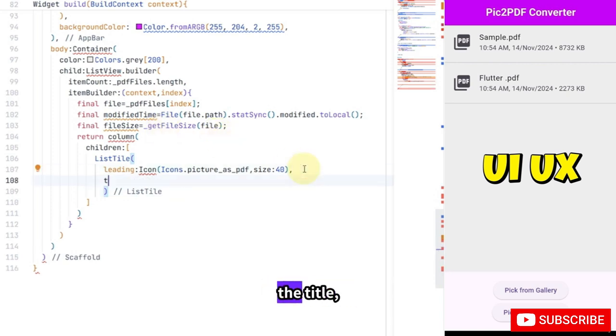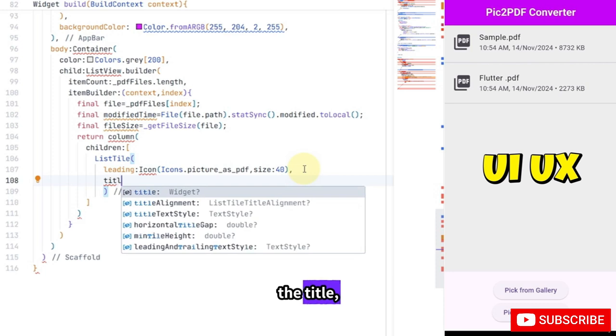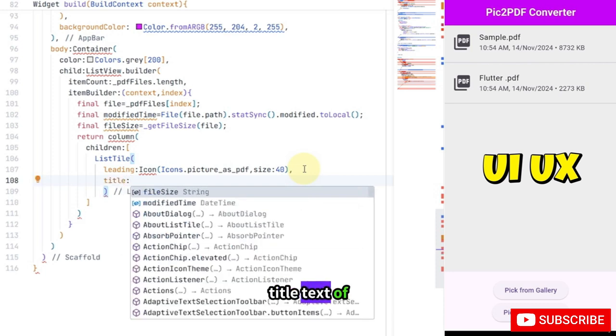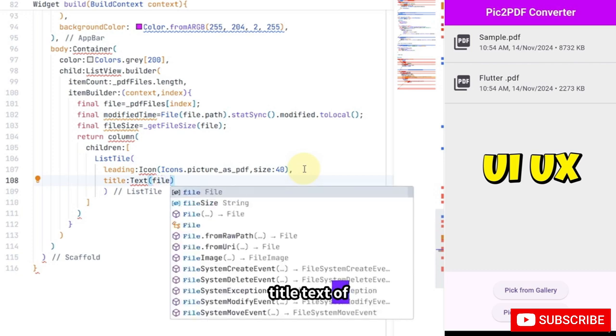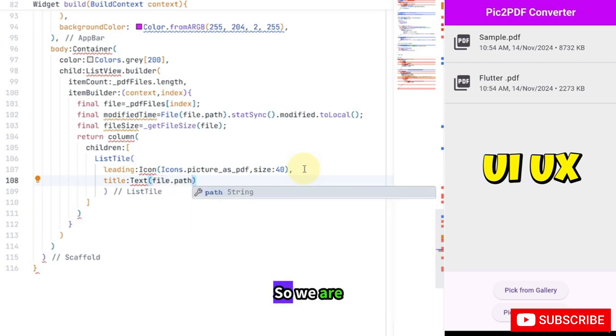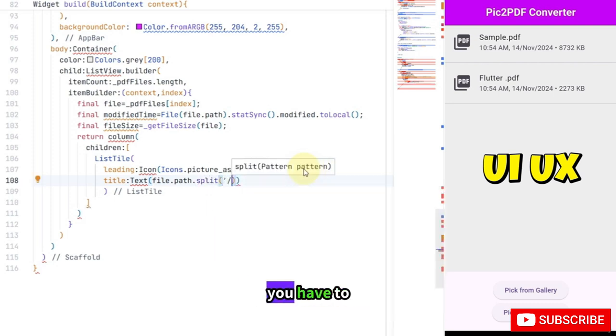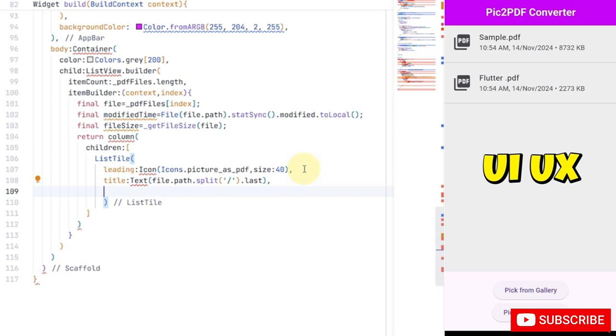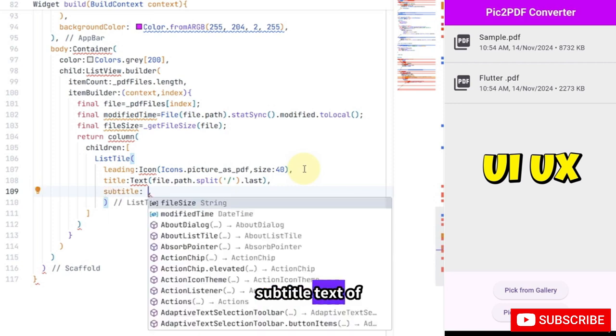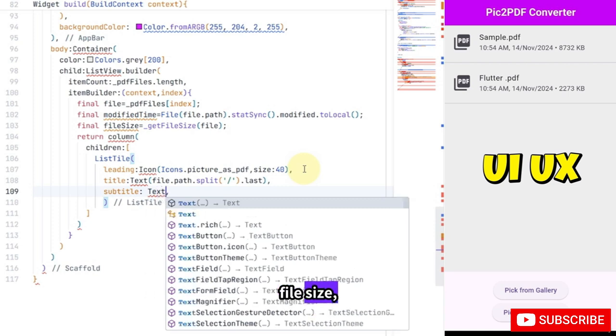and then you have to type the title text of file name. So we are going to type the text for the converted PDF. You have to split the file path dot last, comma, subtitle text of file size,